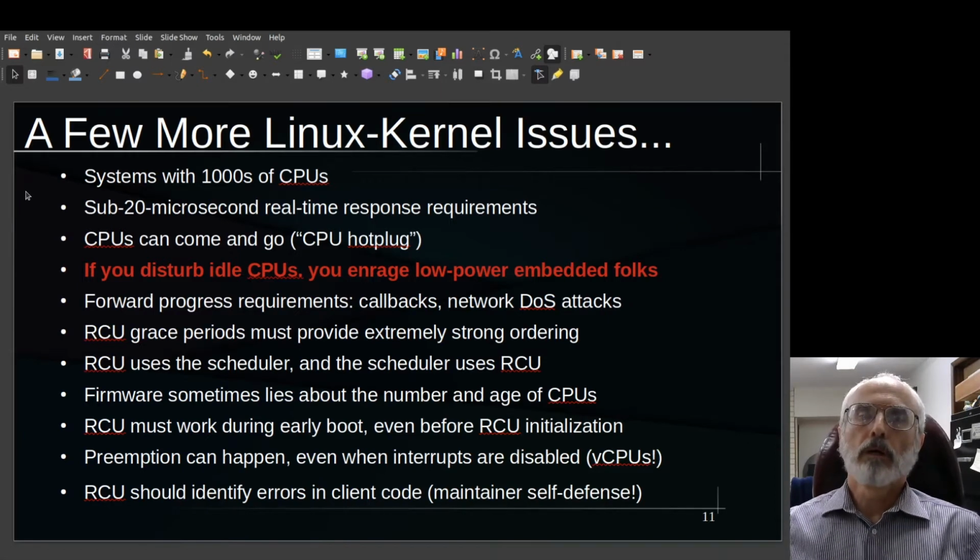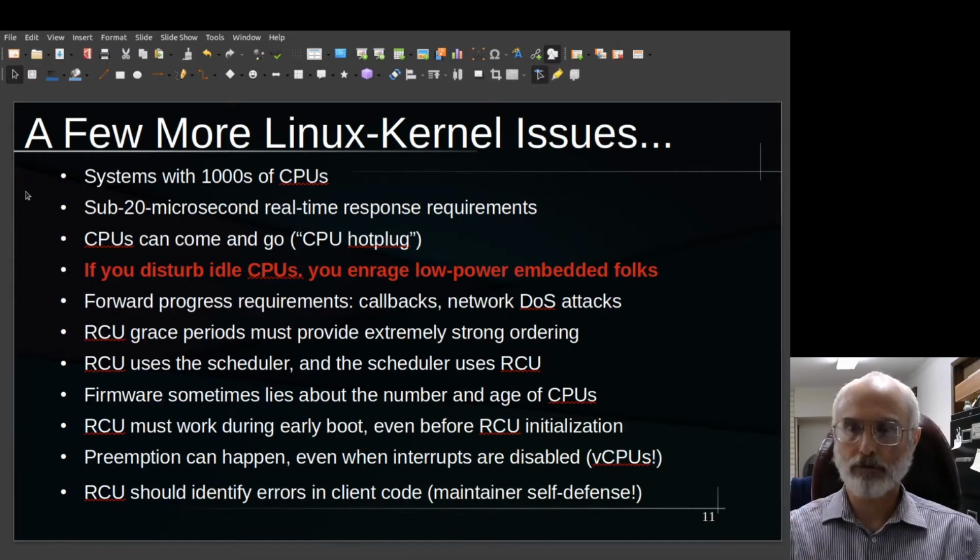So this was just one of the issues that showed up with low power work. I had to rewrite the energy efficiency portions of RCU something like 8 or 9 times over a period of some years before I got something that measurably saved real electricity on real hardware.